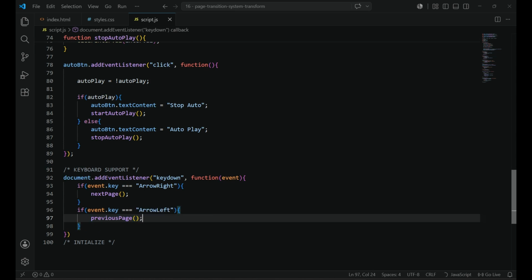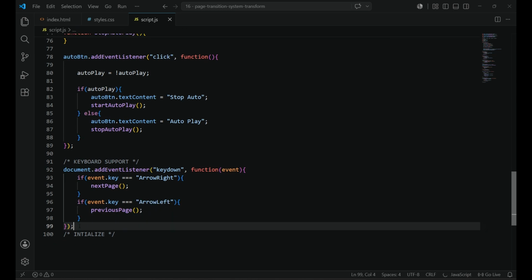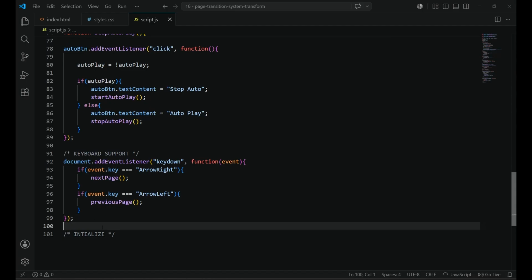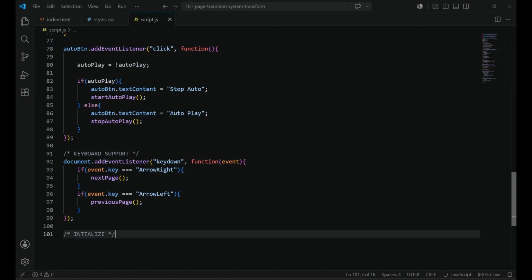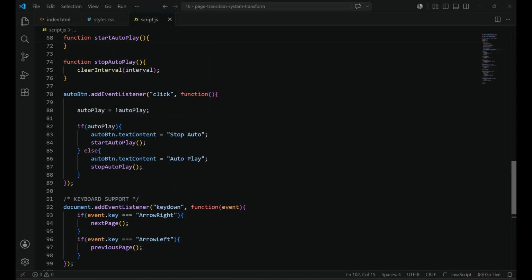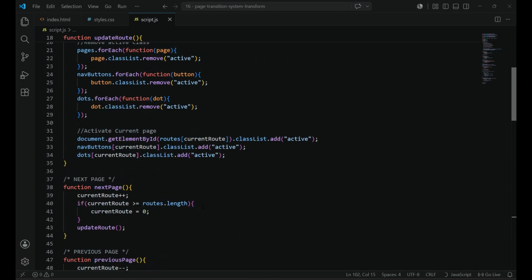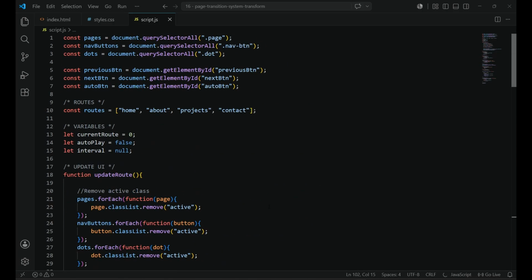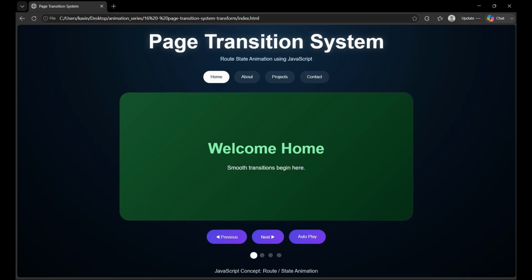So that's all. Now we have written all the sections. Now we have to initialize the whole UI, so we have to call the updateRoute function. So all the functions and button controls, everything is written now. So let's go to the browser